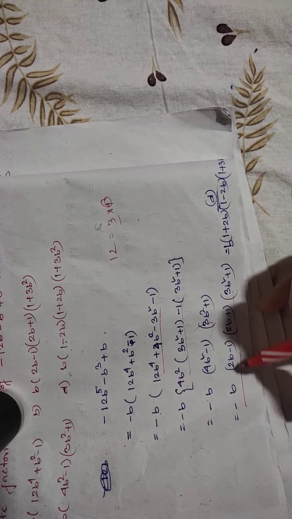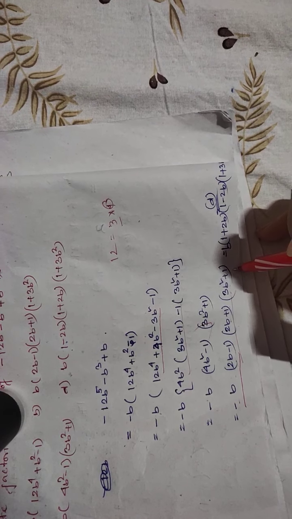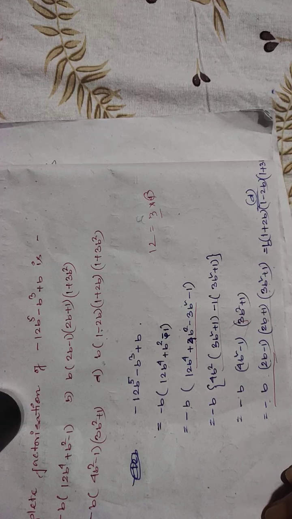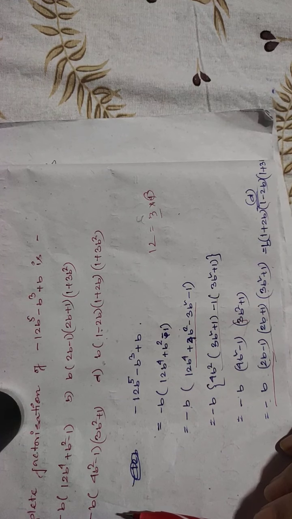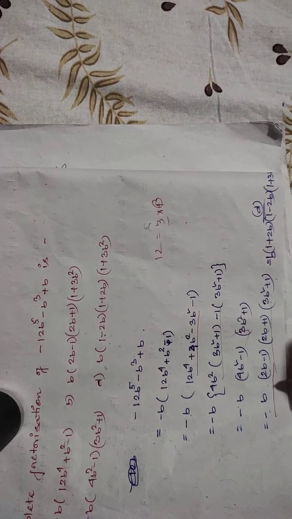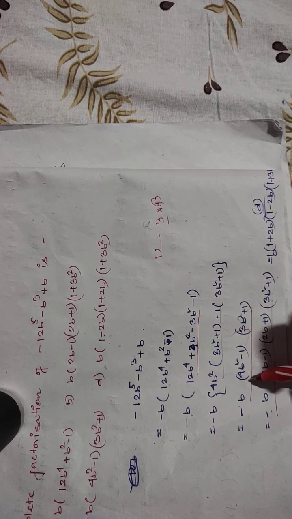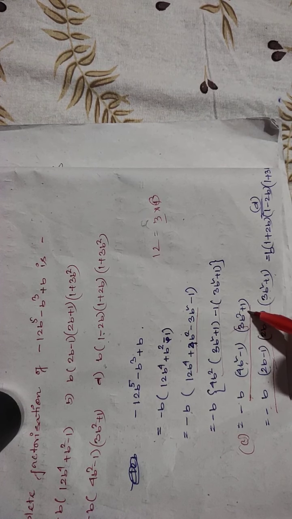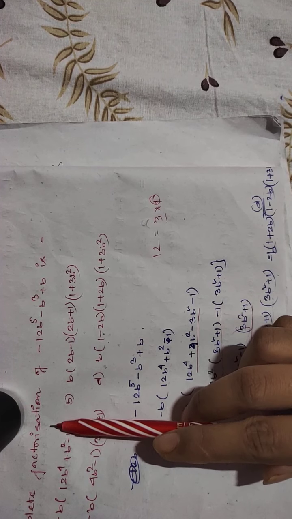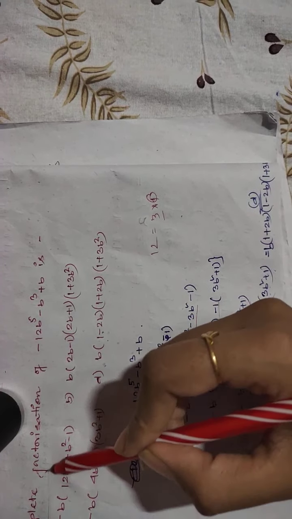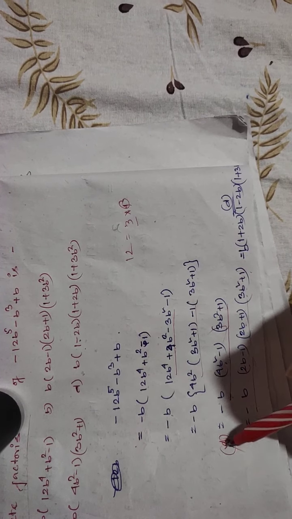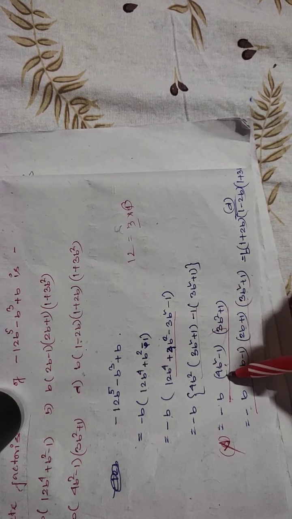Okay, here you see minus b, 2b minus 1, 2b plus 1, 3b square plus 1, but this option is not matching with your answer, I think. Here you will get this option, it is matching with your C, this one, minus b, 4b square minus 1, 3b square plus 1, but the main thing is complete factorization. It is mentioned in the question, complete factorization, that means your factorization should be completed. But here 4b square minus 1 we can again factorize it, so this will not be your option, don't confuse with that. So further we can do the factorization.